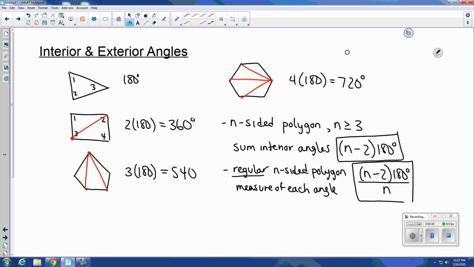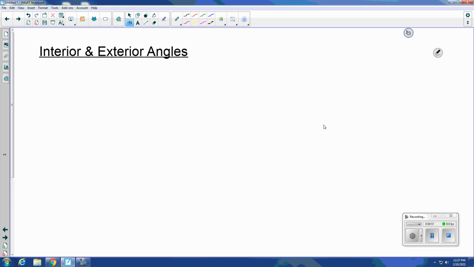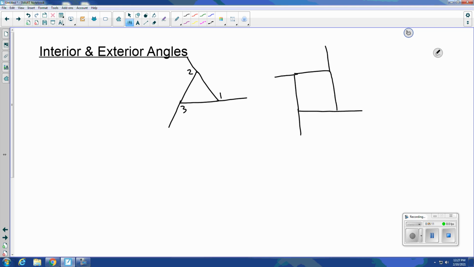Now, when it comes to the exterior angles, let's take our triangle. We extend out our sides. What is the sum of these angles? Or if we look at a quadrilateral and we extend out, or a pentagon,